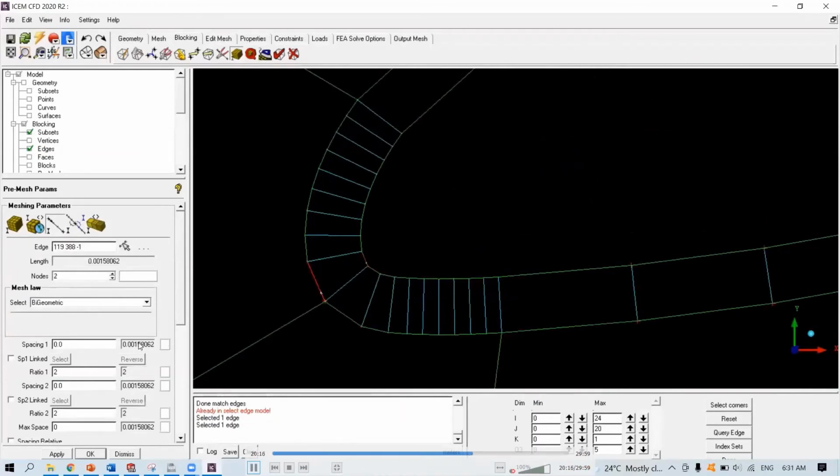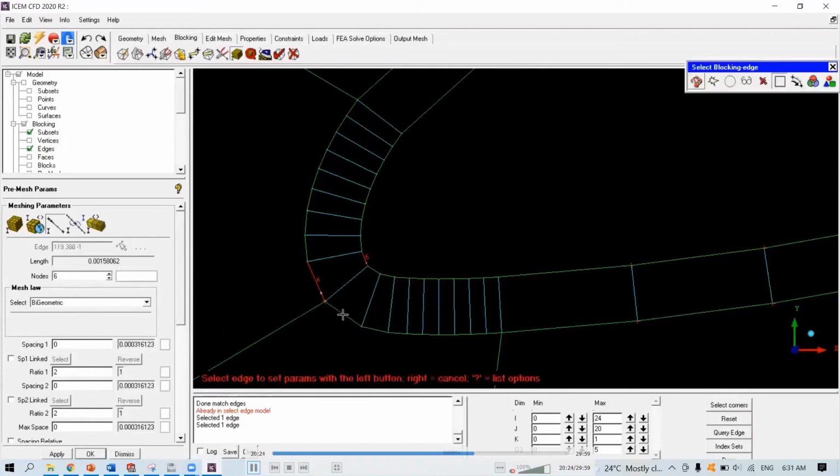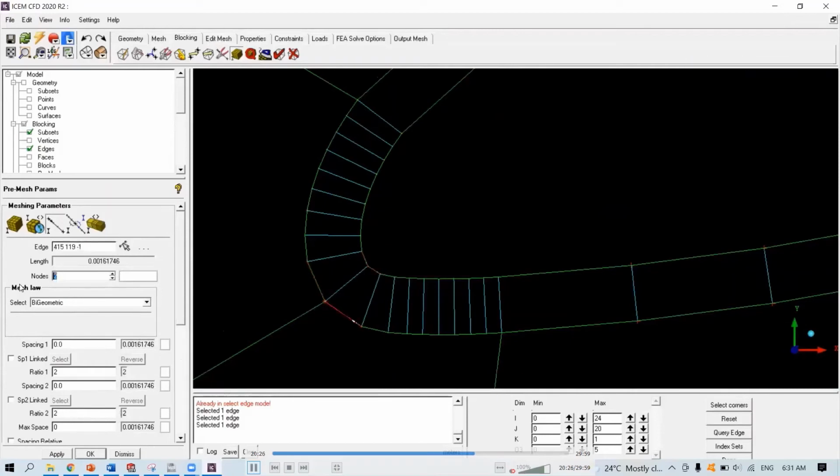Now along the chord length, I'm just going to estimate it to be 6. But I'm focusing here. Now the spacing is 0.00032.